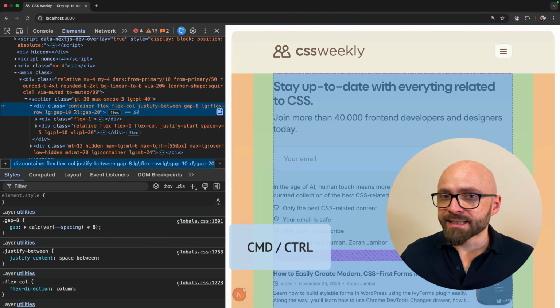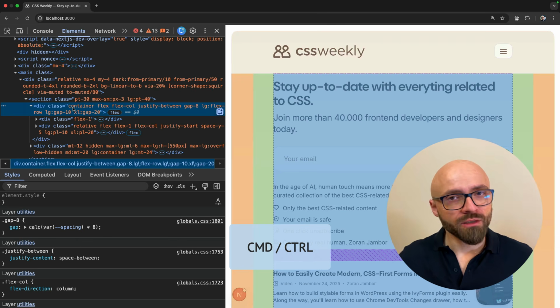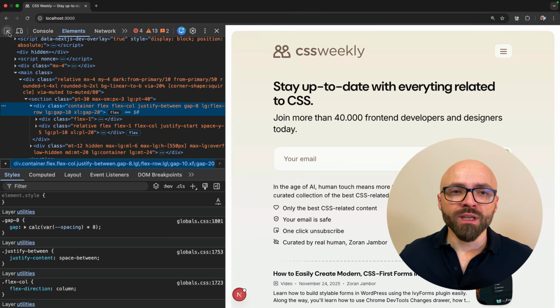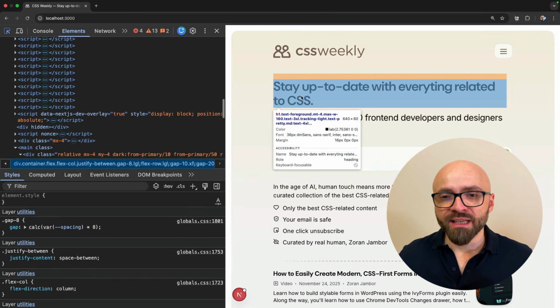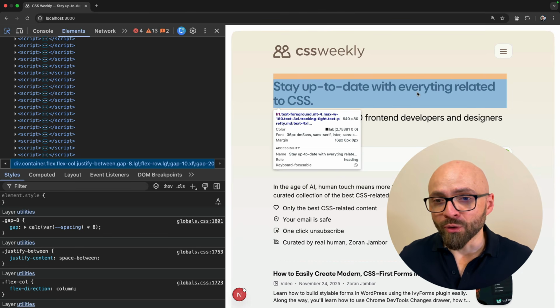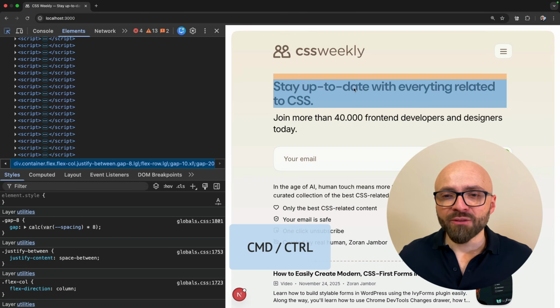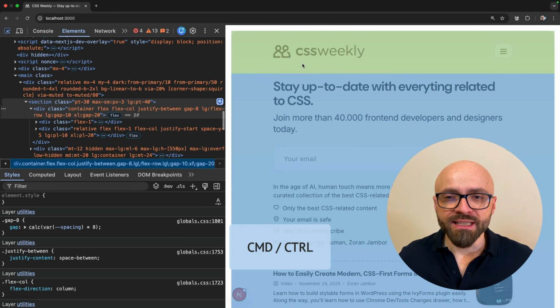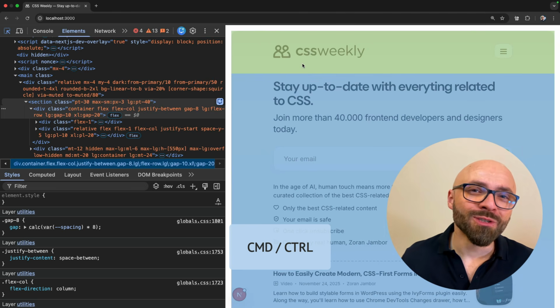So whenever this info pop-up in the Elements panel gets in your way, just hold down the Command key or Control key and it will disappear. This is even more prominent if you're working with this feature where you're selecting elements directly on the page and the pop-up is even bigger with much more info. Again, you can hide it if you're holding down the Command key. That way, you'll be able to very easily see exactly what you need to see without this useful pop-up getting